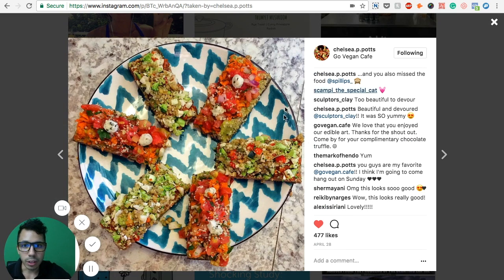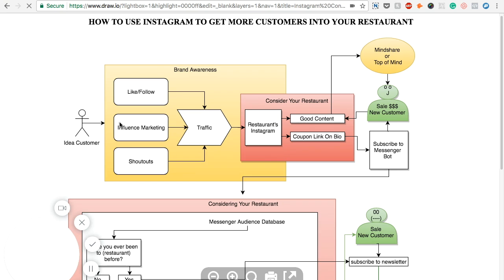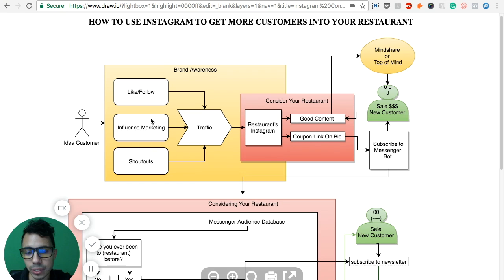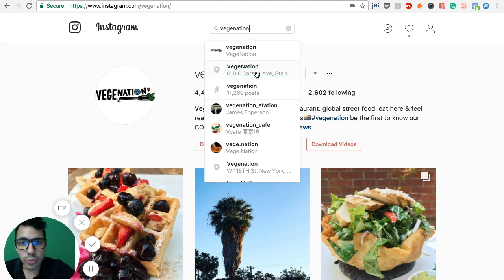So some of her followers didn't know about Go Vegan Cafe, and now they're going to know about it, right? So that's how you get a bunch of brand awareness going. Another way is to find your ideal customer on the internet. One way to find your ideal customer is to check your competitors'